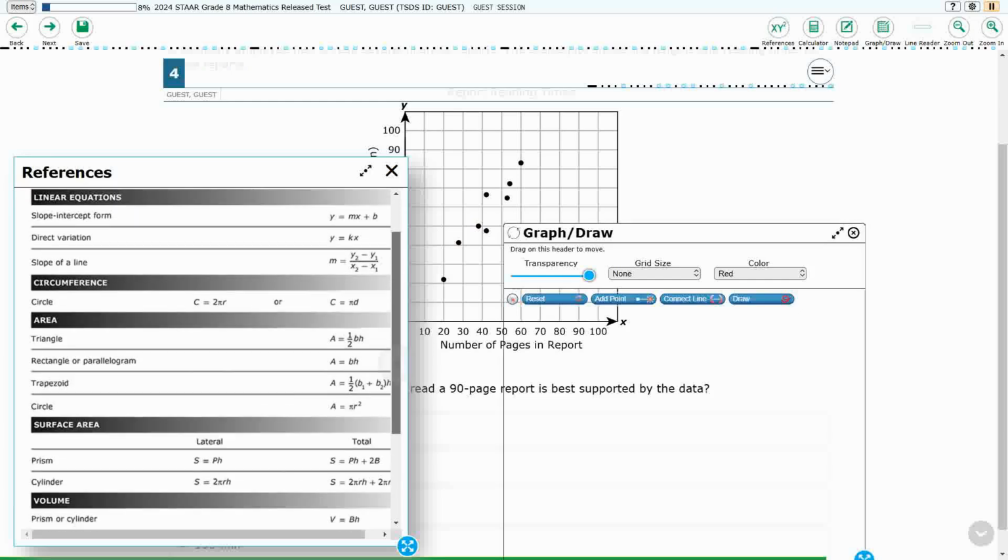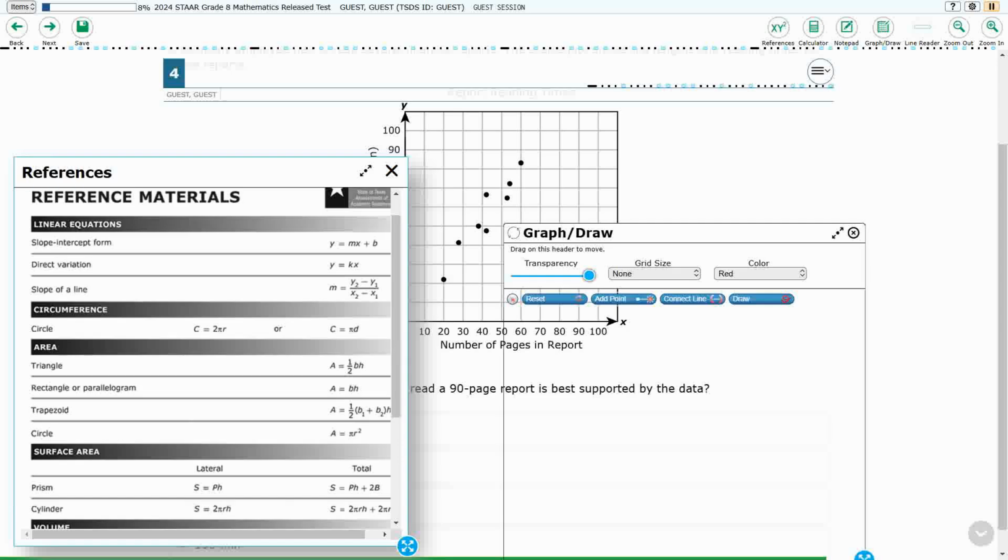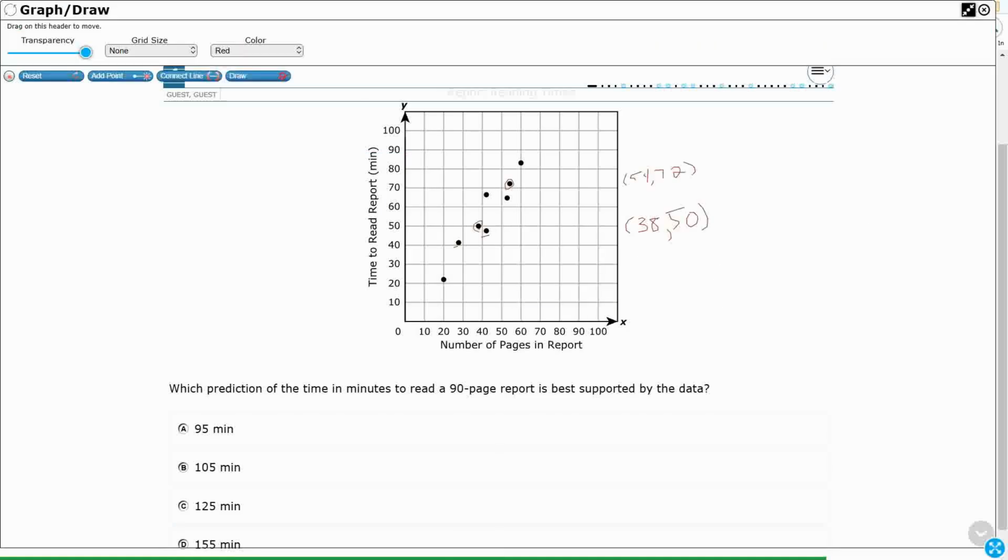Let's see if we've got a slope of a line. There we go. Change in y over change in x. M equals y2 minus y1 over x2 minus x1. Let's do that. We're going to use those 2 points there. M equals, let's make this our y1 and our x1. Let's make this our y2 and our x2. So m equals y sub 2 minus y sub 1 over x sub 2 minus x sub 1. So that's going to be 50 minus 72 over